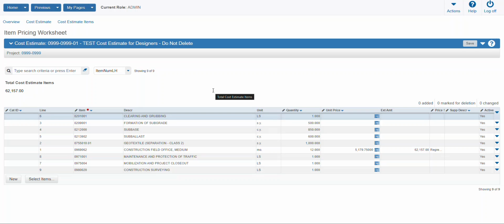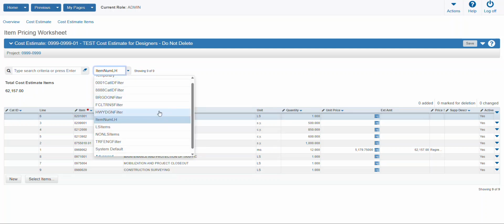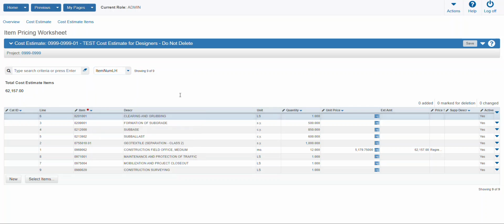Today we're going to demonstrate how to create a cost estimate item filter. We have several filters pre-generated in the system for design groups, for categories, for lump sum items, non-lump sum items, and so forth. What we're going to do today is create a filter for the quantity of 1. So any items that have a quantity of 1 will be displayed in the cost estimate after we set up